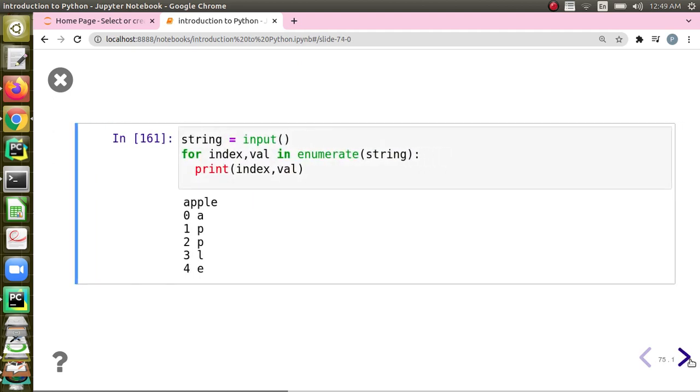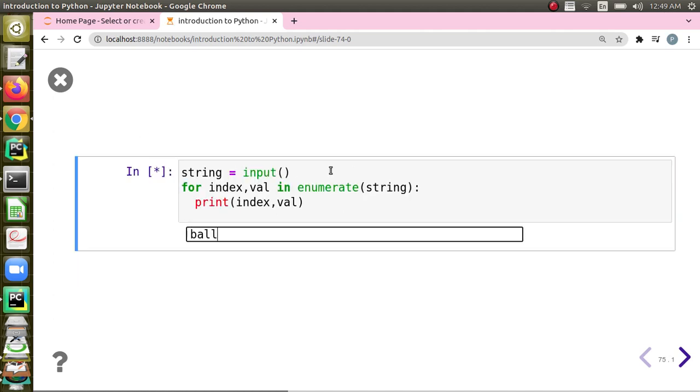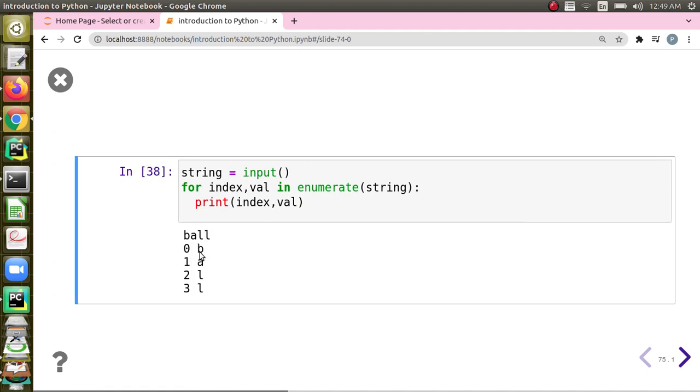And we have got this enumerate function. This enumerate function will be helpful when you want to take the index of a character and the character at the same time. We can see, I am going to read a string from the user, and I am giving here index comma val in enumerate. So the index will come here and value will go there. So let me tell ball. So index 0, value will be B, and index 1, A. So when you want to take both at the same time, then we can use this enumerate function of Python.